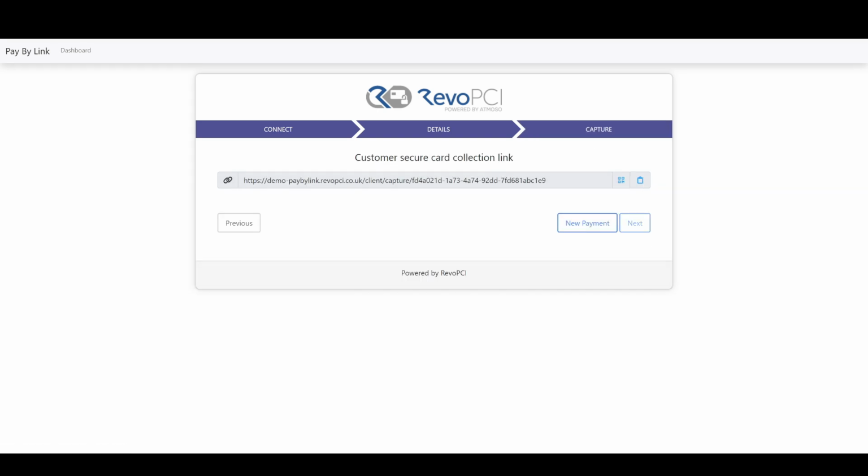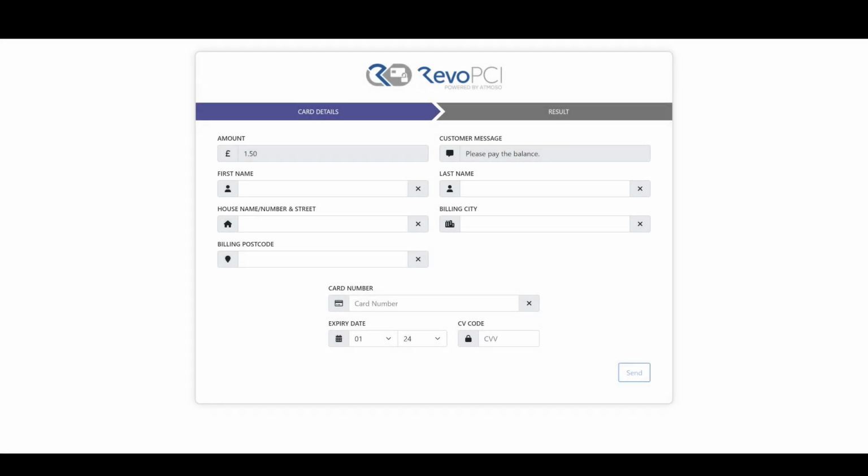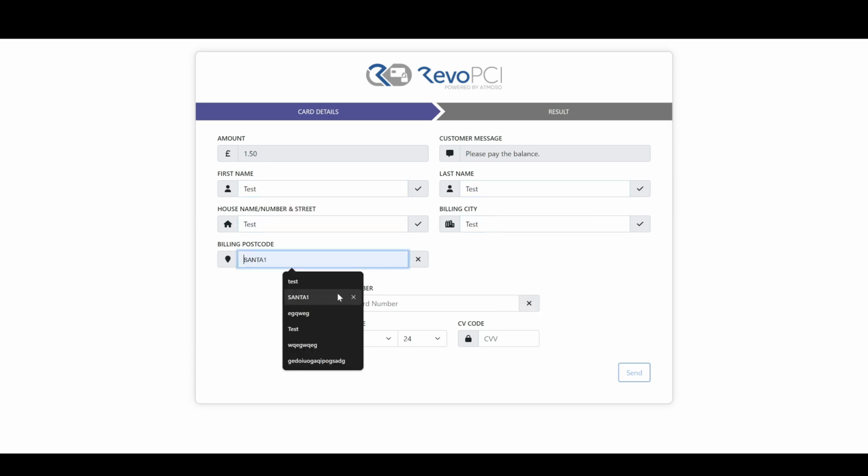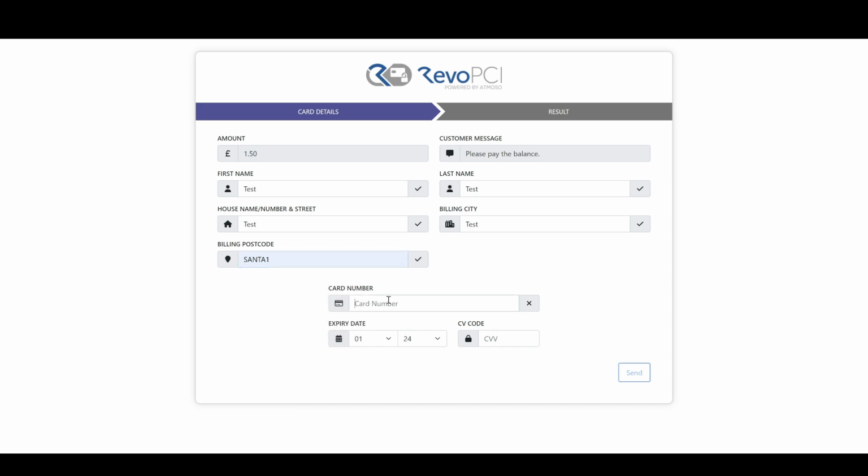As this is a demo, please head over to the link in a separate browser tab so we can capture the details. Now you're on the customer link page, you should see a very similar design to the agent side. In here you'll need to enter all of the customer details. For demonstration purposes, I'm going to enter test into most of the boxes and Santa1 as the postcode, as this is an accepted postcode. For the card number, please enter